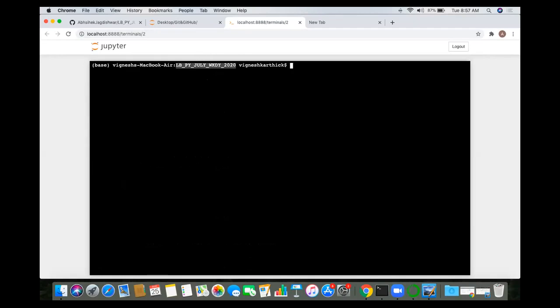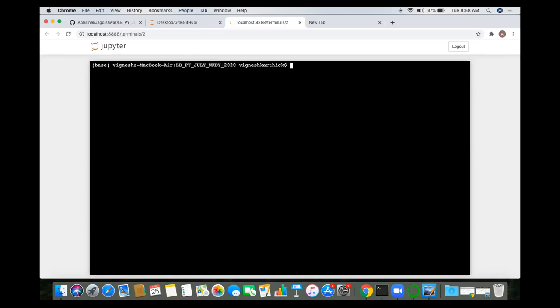Why? Because if you stay in the Abhishek folder, you will probably not be able to add and commit, because that is not a Git repository. The Git repository is this one. So make sure you are in this location. Before this, you were in your folder. Now you are coming out of that with cd space double dot, so you are in this repository now.